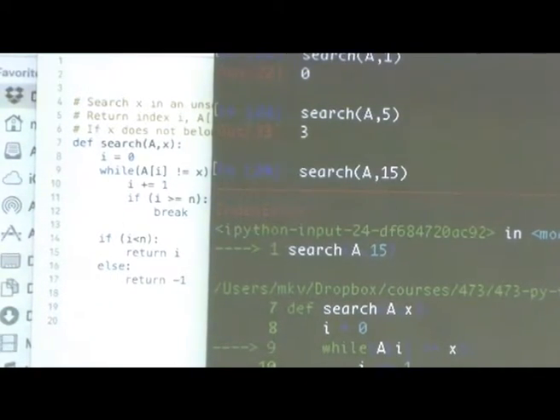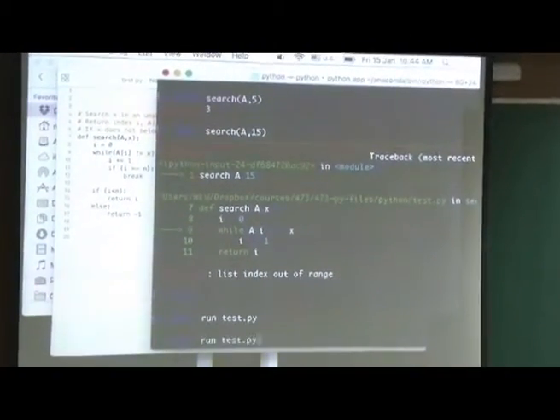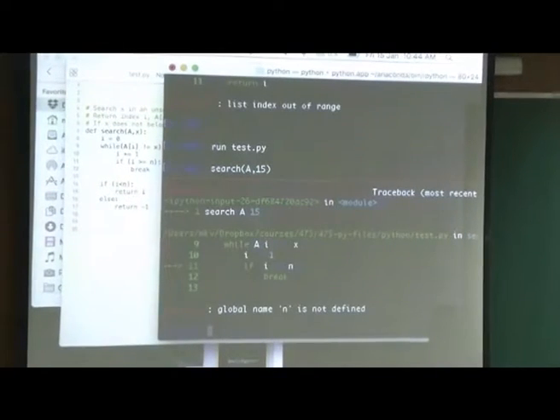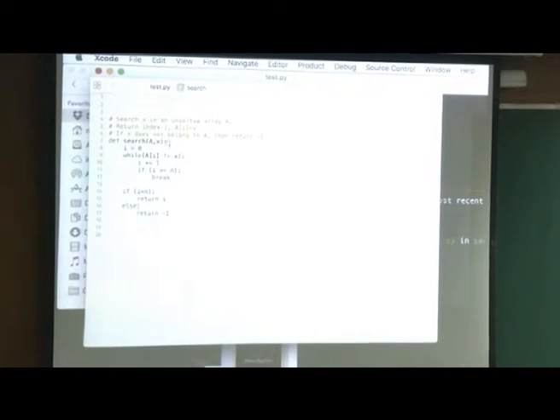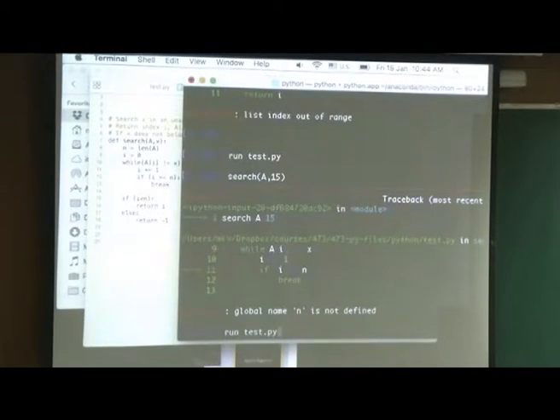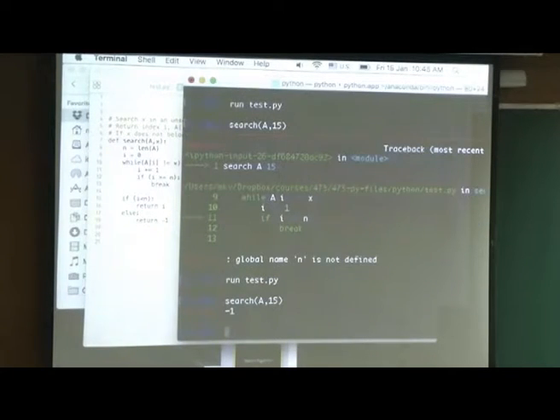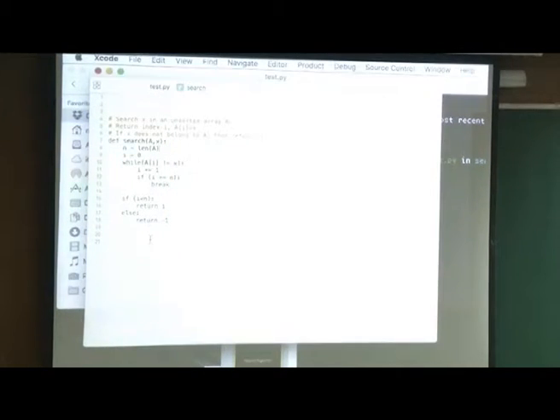So let us again load it, because the code has changed. So run again. Now search: n not defined. Okay, so n is not defined. So I can do n here, n equal to. Okay. So this will work. So this is how you write the code. It should be clean, no tricks, it's just a simple loop, but each variable means something.